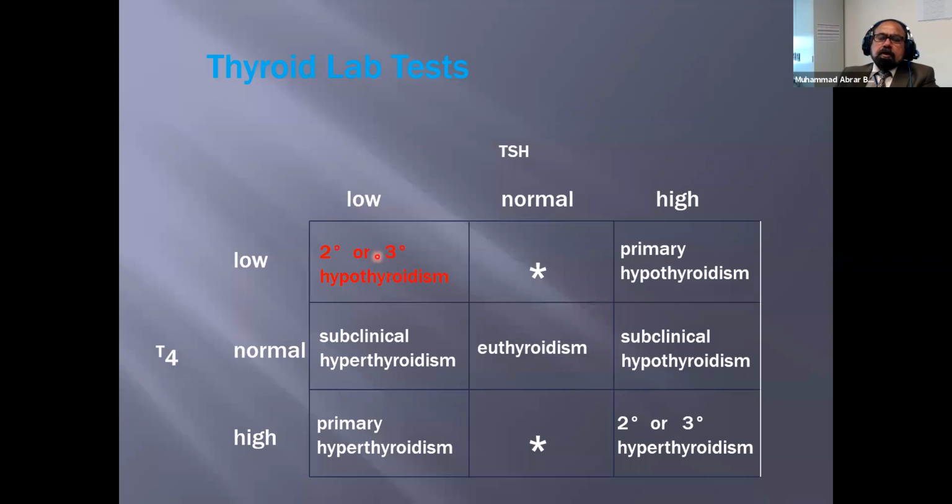So this is called secondary hypothyroidism. The earlier one was primary hypothyroidism, in which TSH was signaling the thyroid gland to secrete more hormone, but because of the problem in the thyroid gland itself, it was a primary one. So TSH will be high in the blood, but there will be less T3 and T4.